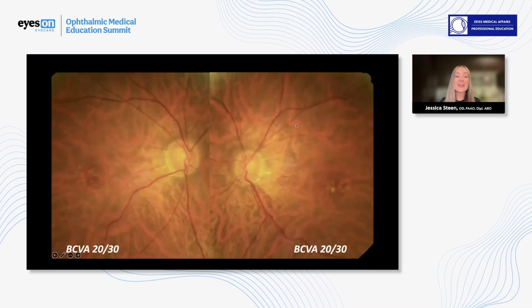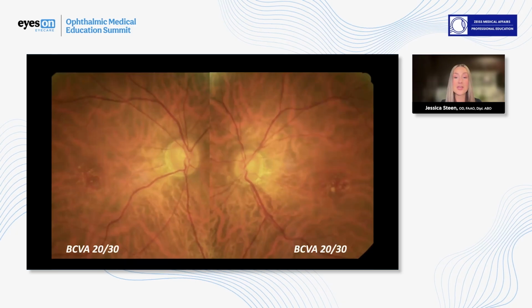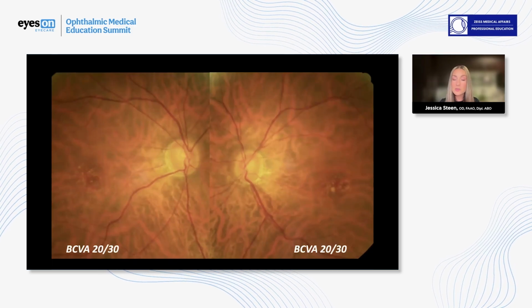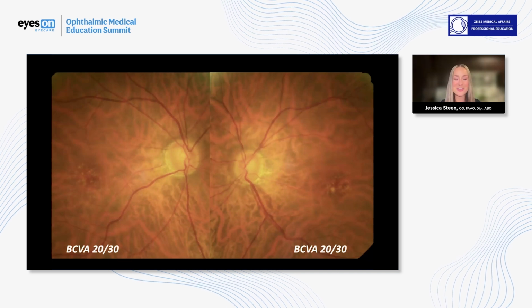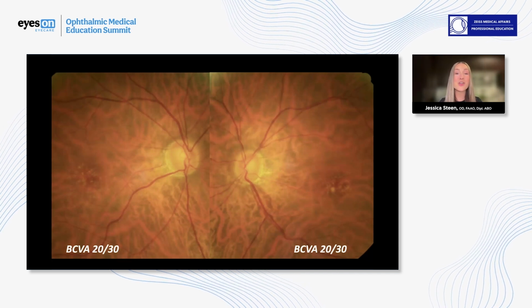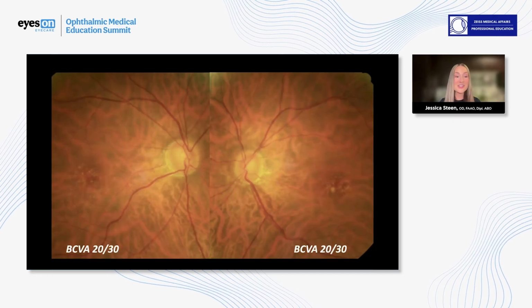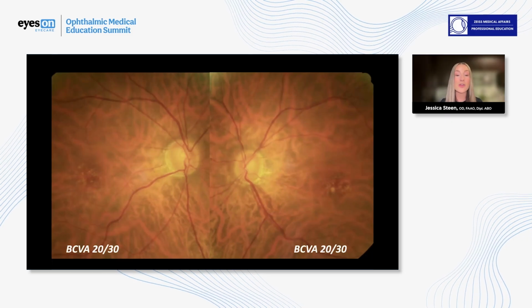Now, looking at the color fundus photographs, first thing first, there is clear inferior temporal and superior temporal notching of the neuroretinal rim, consistent with her glaucoma diagnosis. And if you look really carefully, inferior temporal in the left eye, there is a retinal nerve fiber layer defect. All right, now moving to the macula, we do see that there is central drusen that is associated with RPE